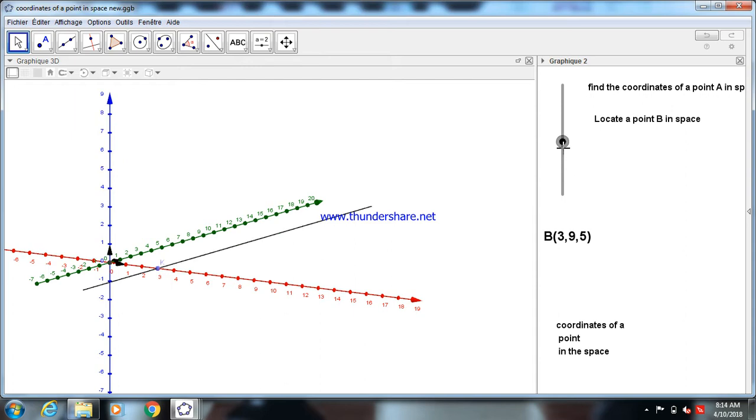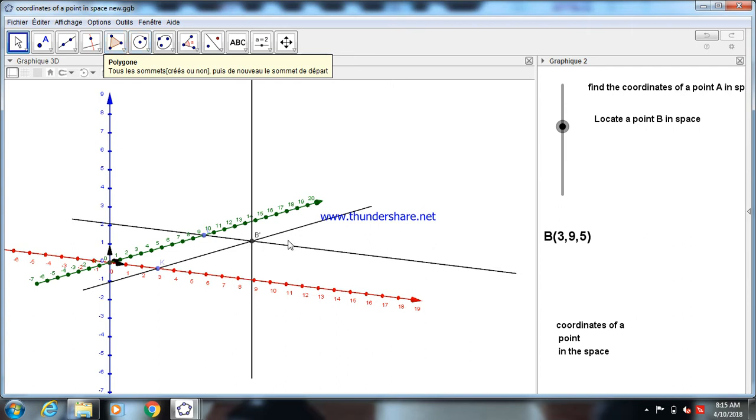I put a line parallel to y prime y. This axis is y prime y. I put a line parallel to y prime y. On the axis y prime y, I put the point 9 here. From the point 9, I do a line parallel to x prime x that intersects with the first line at a point here. The point here is not B, the point here is a point B prime. After that, I put a line parallel to z prime z from the point B prime,